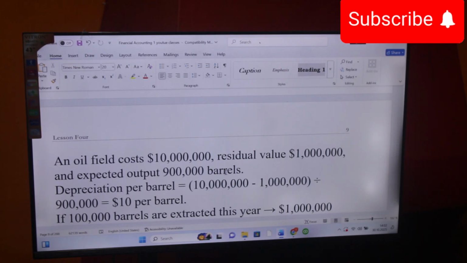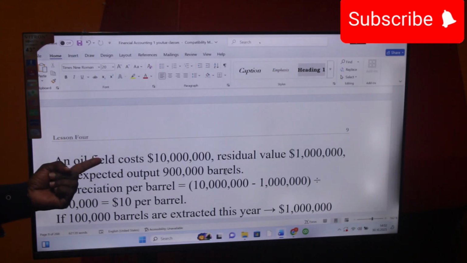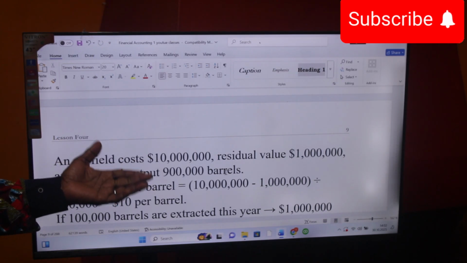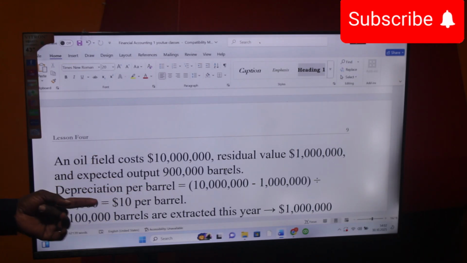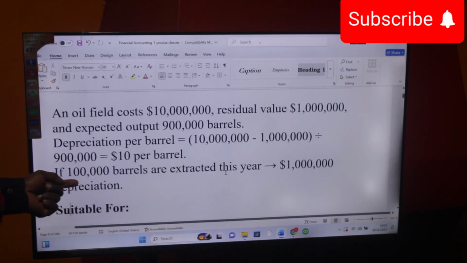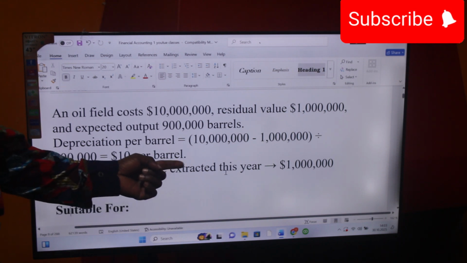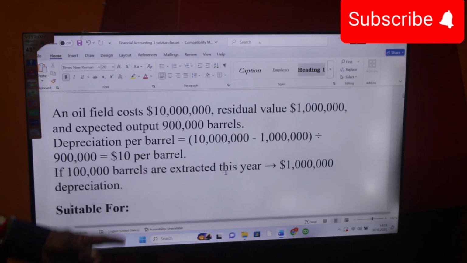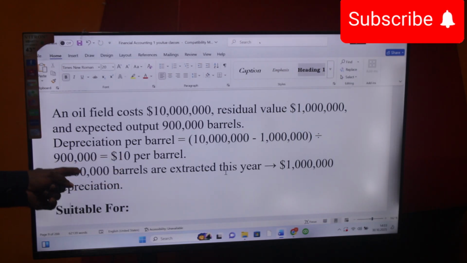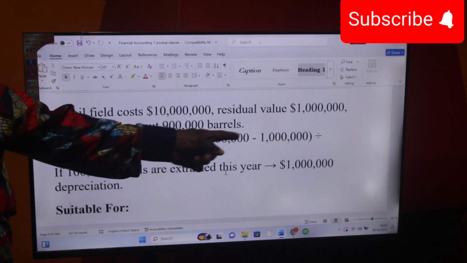Depreciation per barrel is the 10 million, the original purchase cost, minus the 1 million residual value, to get the depreciable amount, and then you divide by the number of units you expect to produce to get $10 per barrel. And therefore, you now get the number of barrels you have produced. If 100,000 barrels are extracted this year, the depreciation is 100,000 times 10, which gives us 1 million